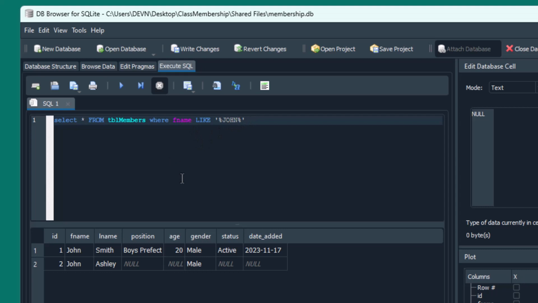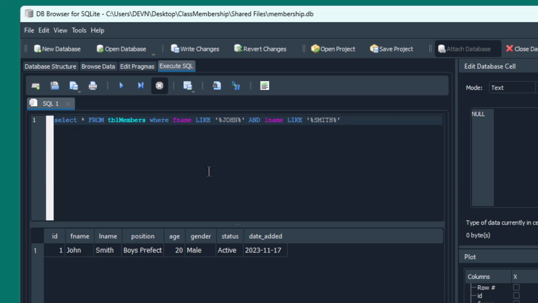So when we are searching for John Smith, or we want to include last name, we can also add it. Okay. So with this, it's being specific with John and the last name Smith.